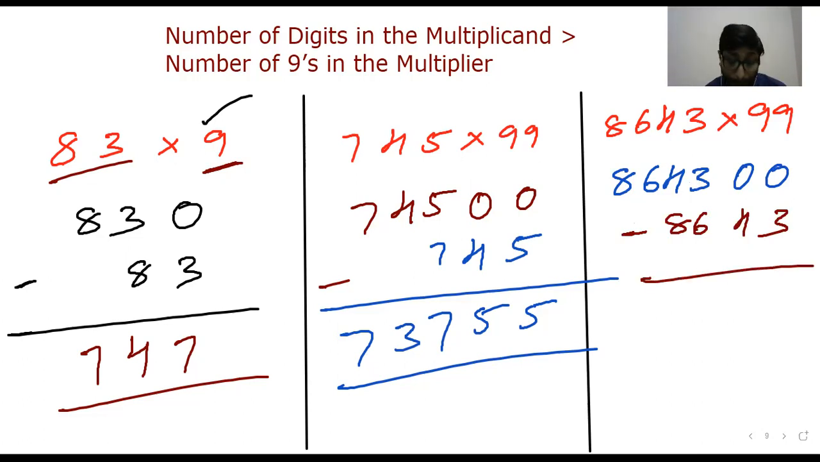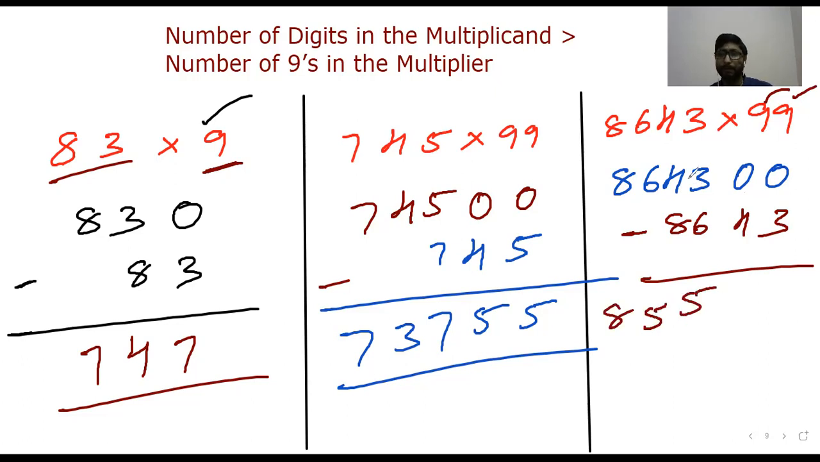So write down the multiplicand as it is. 8643 multiplied with 99. See, multiplicand, how many nines are here? 1, 2, so 2 zeros. 8643 and 99. Subtract the same number. The answer is going to be, one second, the answer is going to be